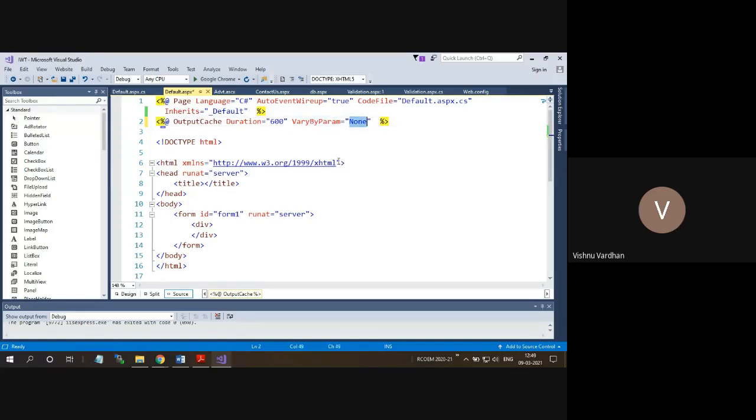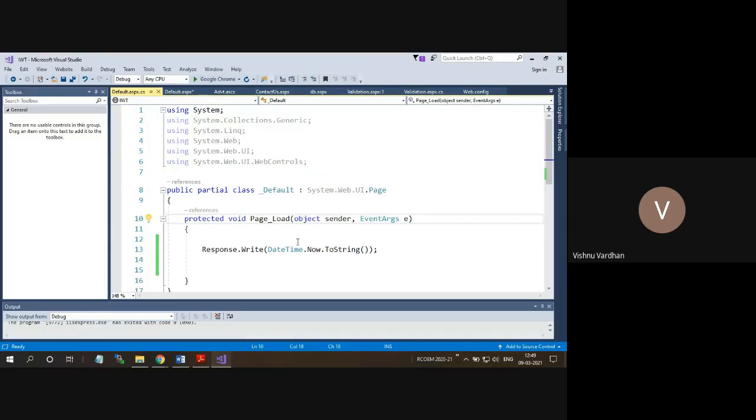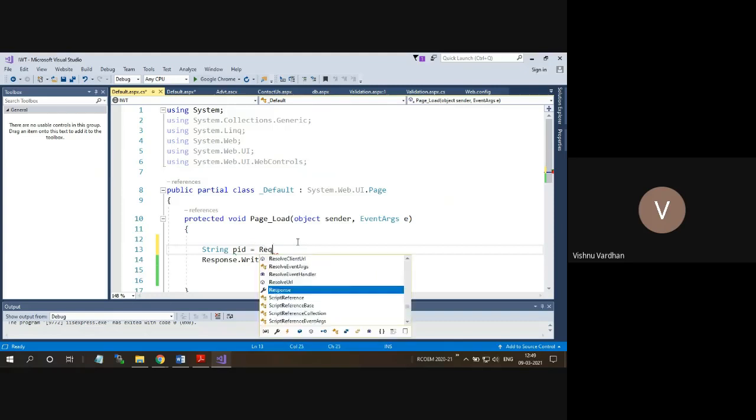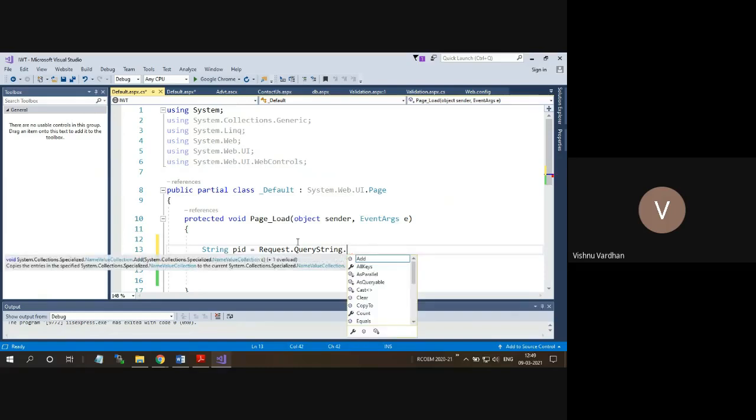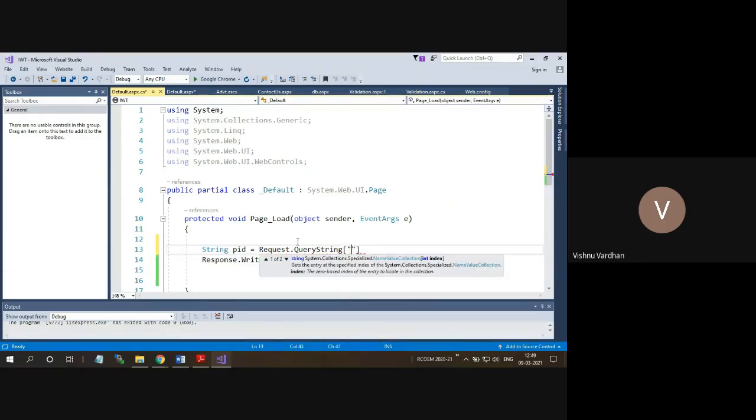To see this implementation, first of all, I am going to create one, suppose one product ID. So this is a product ID, which is coming in the format of a query string. Okay, so the query string name is P or some PID, and which I'm going to access from this query string object.